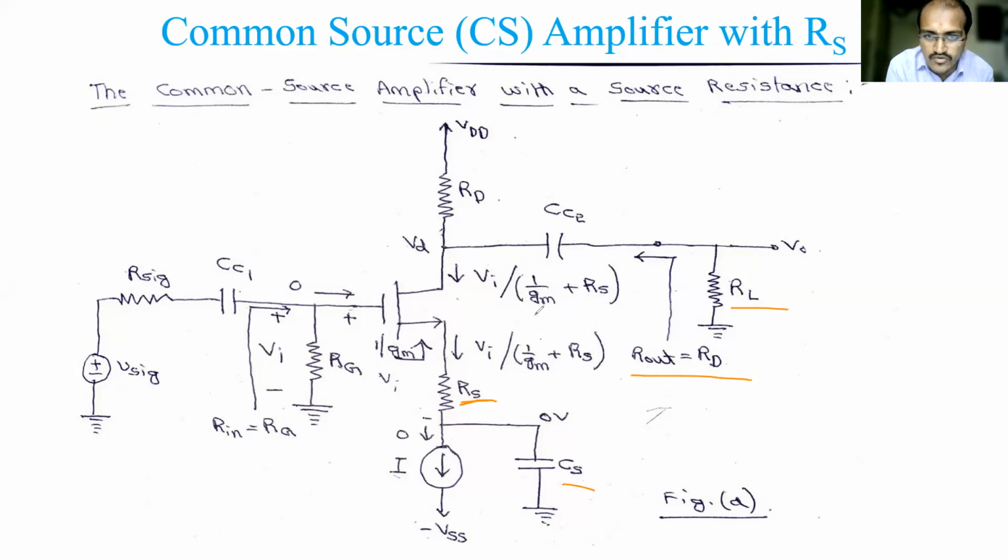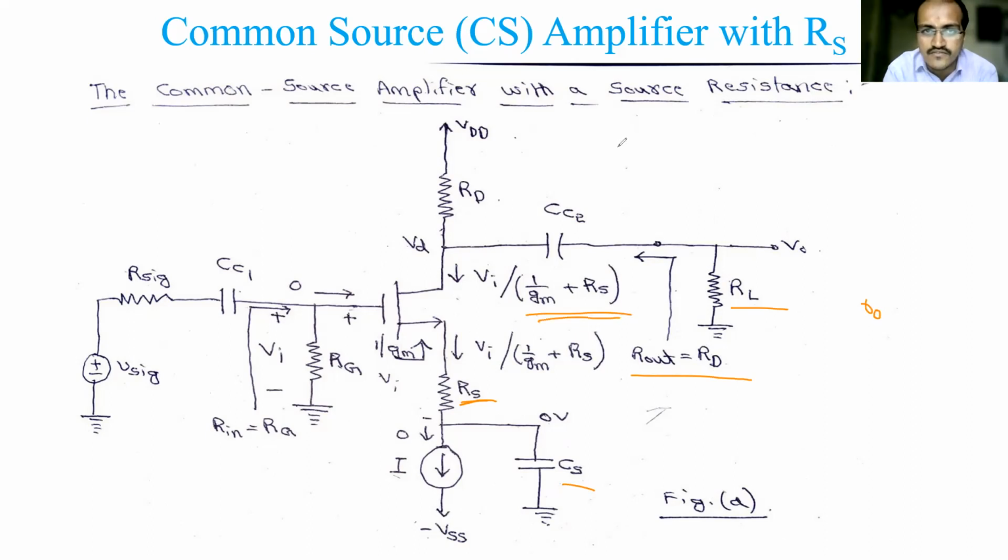One more assumption we have taken is that we have not included the small r0. Even if it would come in the equivalent circuit, we have omitted it. Even if we include it in the T equivalent circuit, complexity still arises. So to see the difference that including RS makes, we neglect r0 here. That's why, compared to the previous circuit where Rout was RD parallel to r0, now it is just RD. These are some of the changes we have made in the circuit. This is the current i, which is given by vi divided by (1/gm plus RS). How this came, we will see in the analysis part.